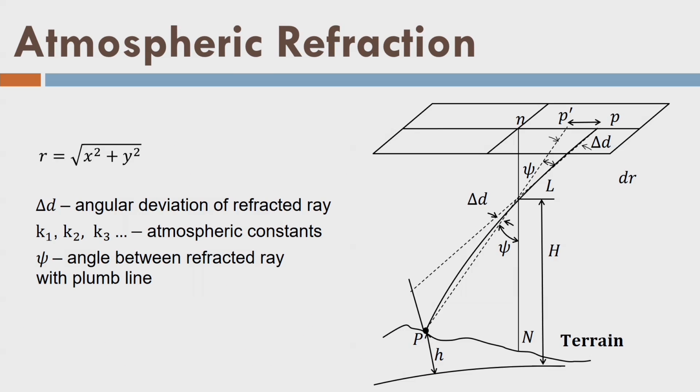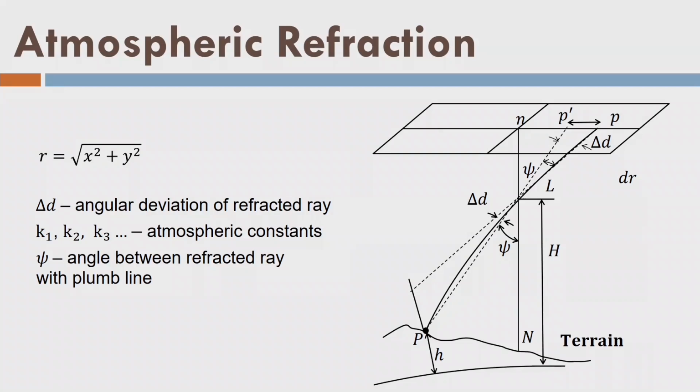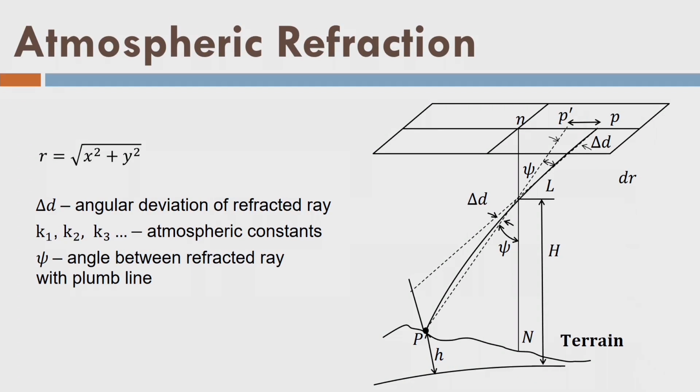Now, coming to the atmospheric refraction, we have already talked in basic surveying that atmospheric refraction happens for a large distance. When an aircraft flies carrying a camera, it is acquiring one photograph like this. If there is a point P shown here, ideally rays should follow this dotted trajectory and it should come on the P dash here. Because of the refraction, the rays will go like this, and the image of point P will be here at P. So, this is the distortion here from this point to this point, shown by the arrow here.